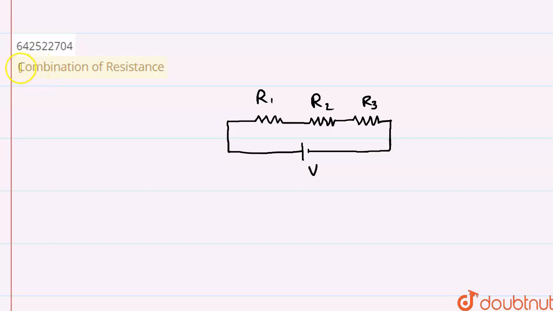In this question we will be talking about combination of resistances. We know that there are two kinds of combinations. In the first case we will be dealing with series combination, as you can see in the figure of the circuit itself. This is a series circuit. Let's say in this series circuit the current is I. By Ohm's law